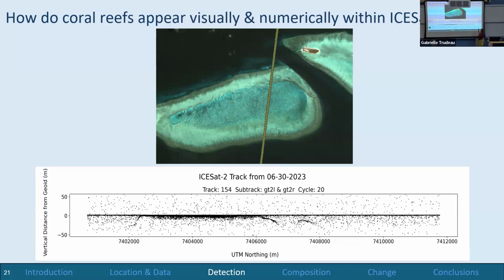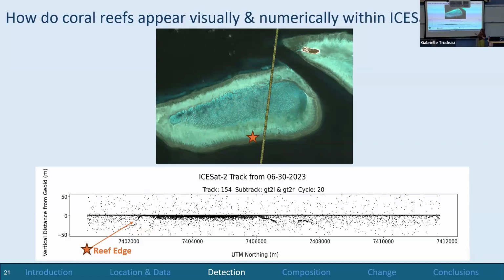So the first thing I want you to see is this dense clustering of points that goes all the way across the horizontal of the track. This is our ocean surface. Everything above that is noise. And then underneath, we start to see some different coral features, we'll call them, popping up, and also a lot of noise. So on top, I have it plotted over Wistari Reef. So this is where this particular track is located in real life. This orange star depicts the bottom of the reef edge. And we can see this popping up as a little dense clustering of points.